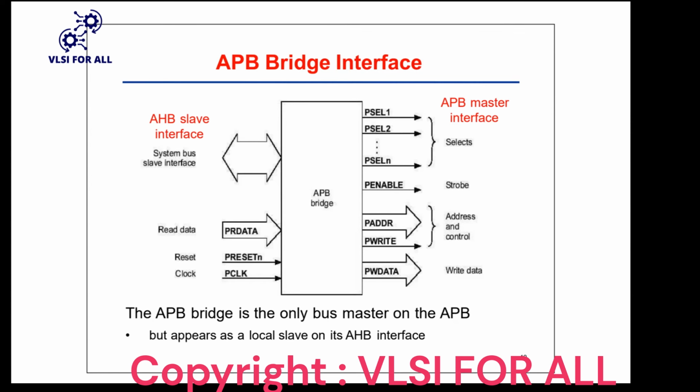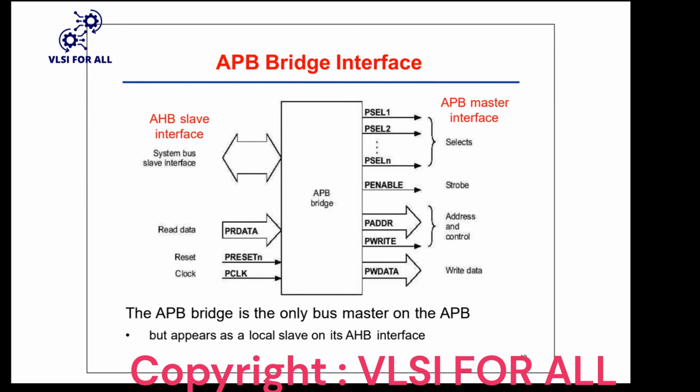Not too many signals are there, that's why it is very low power. Why do we say APB is low power? Because the number of signals is very small. Since the number of signals is less, it won't require that much power consumption. And since there are fewer signals, 2 clock cycles are required, so its speed is low compared to AHB,